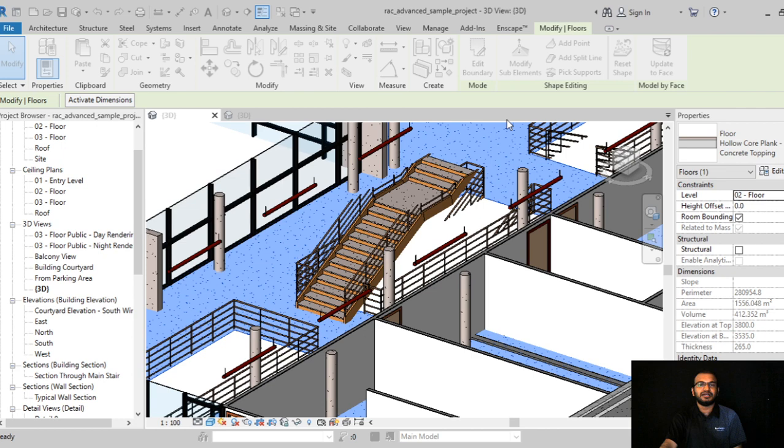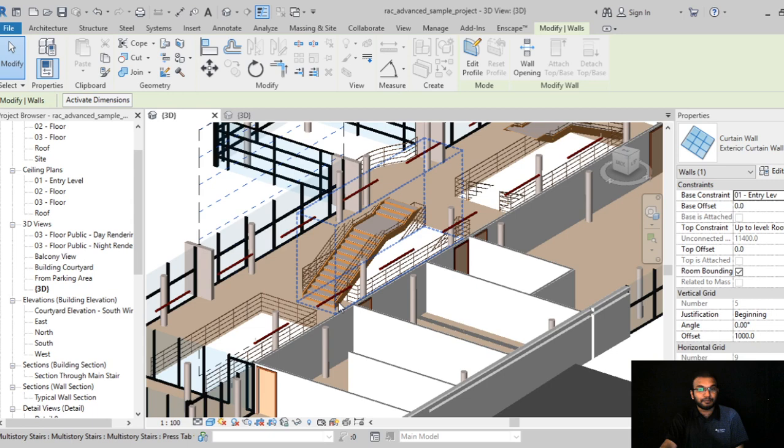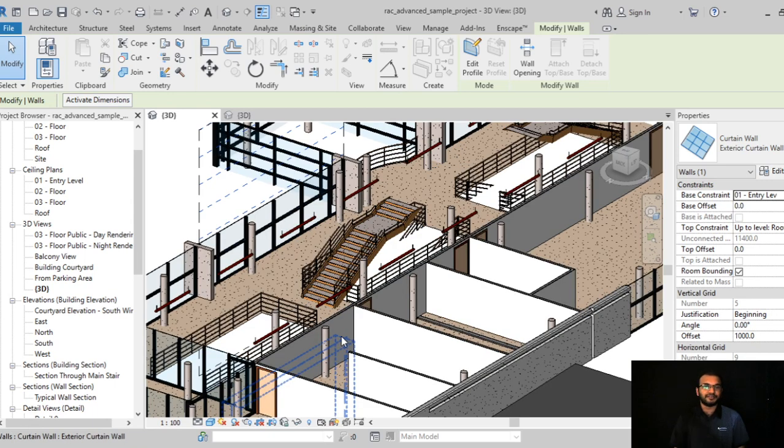So this is what we need to understand when you are modeling or starting work in Revit, especially if you want to handle a BIM related project. This is the concept of Revit and related queries. As I mentioned before, Revit is used for architectural, structural and even MEP.